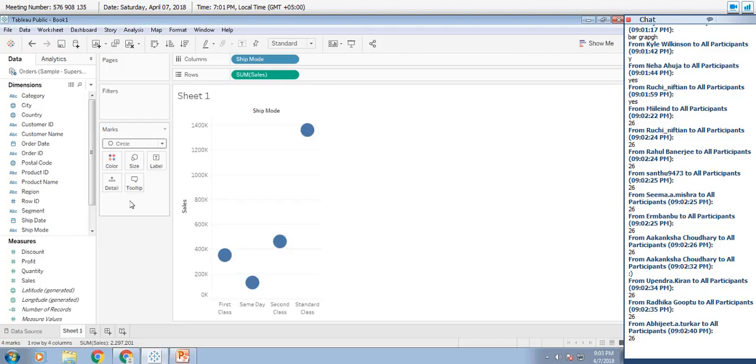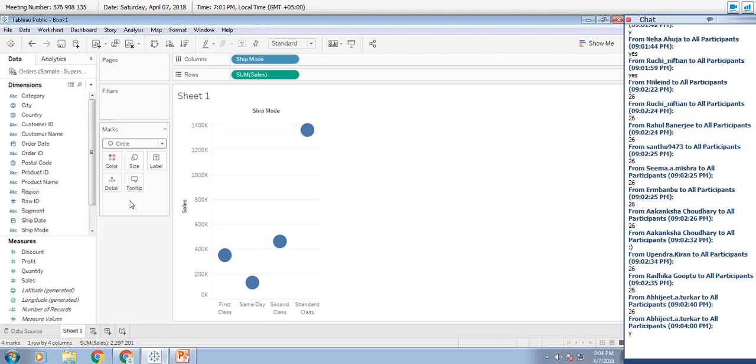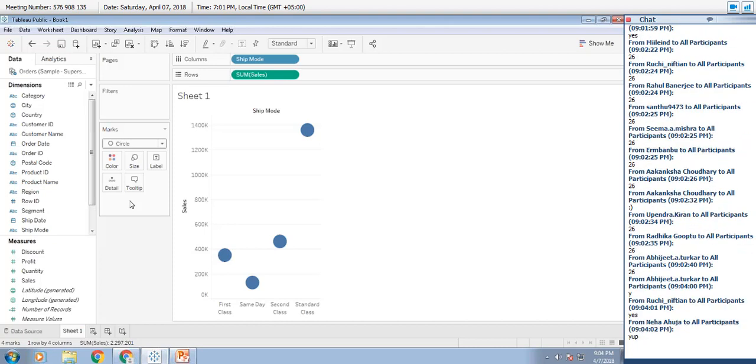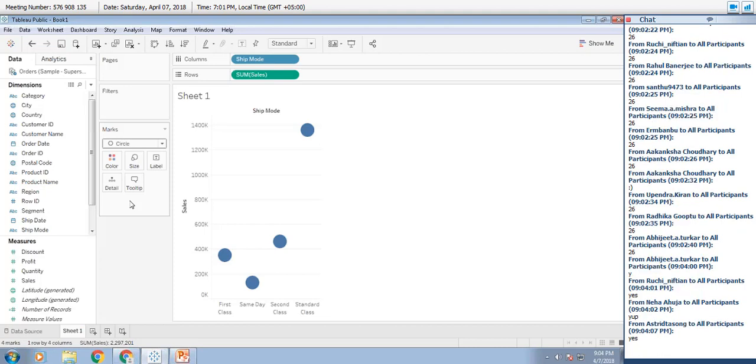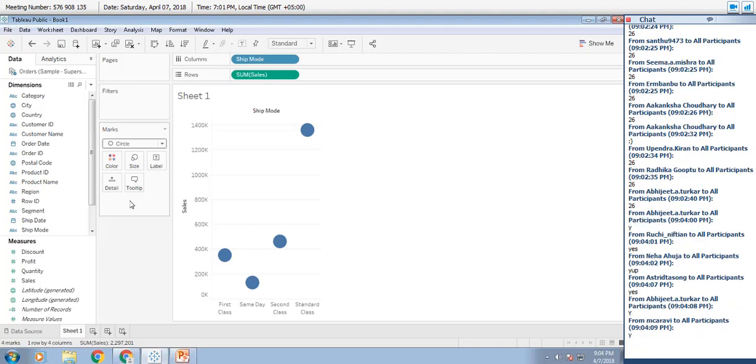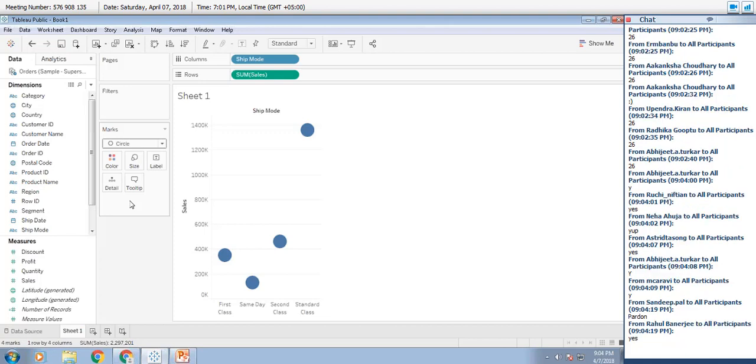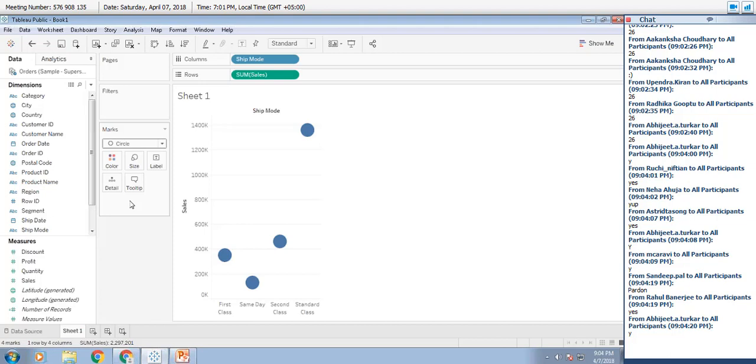Everyone done? Next time when I ask you to change the mark type, you should not be doing a treasure hunt in Tableau. You should be hitting the bullseye. Alright, keep it in mind. Mark type, the option is here.